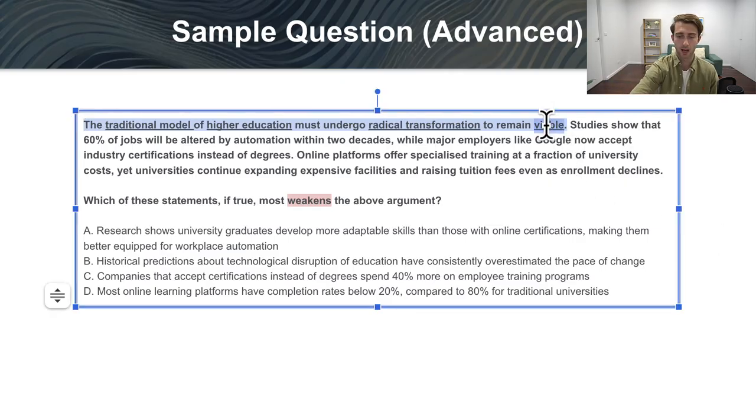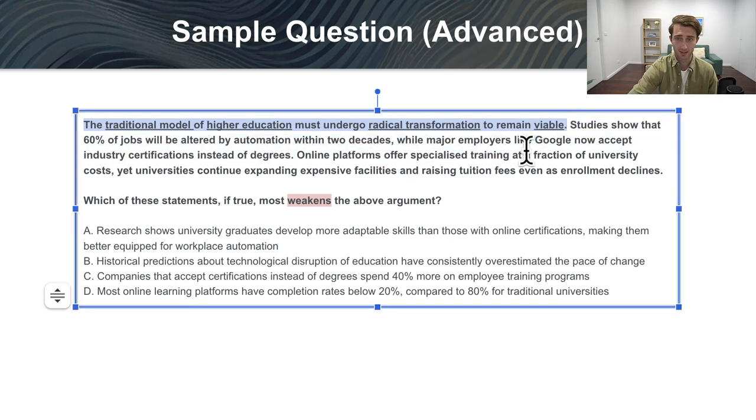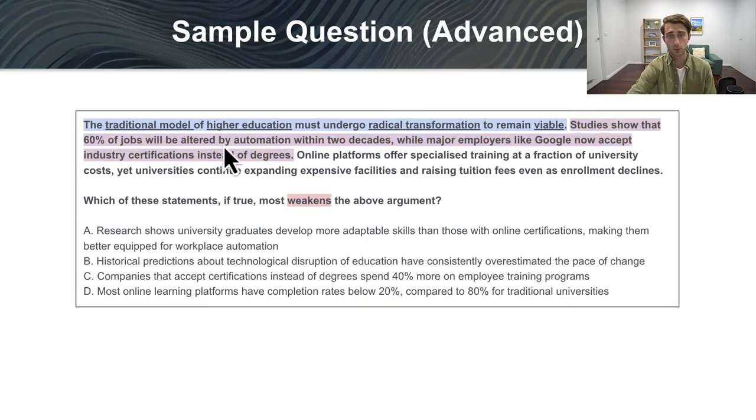Now, remain viable just means to remain even a thing. If they don't make radical changes, they're going to be dead, and they're going to be dead fast. So studies show that 60% of jobs, so that we know this "studies show" sentence here is going to be the reasoning. Studies, stats, evidence, that's the reasoning statement. It's the why. Studies show that 60% of jobs will be altered by automation within 2 decades, while major employers